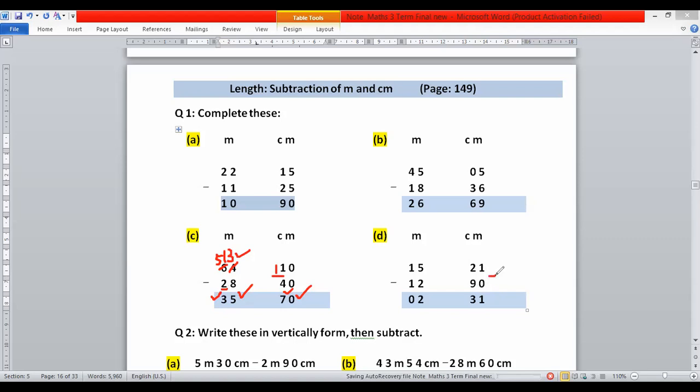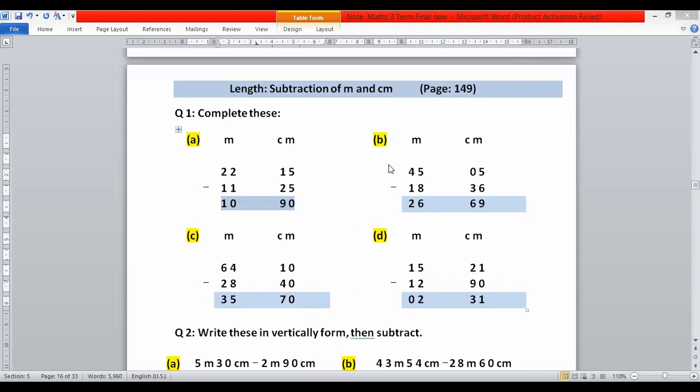Similarly here, 21 minus 90. First of all, you take 1 from here, and here you get 4, and here you get 121. Take 1 and put in front of the number. The number is 21. So now subtract 90 from 121. 1 minus 0, 1. And after that, you can subtract 9 from 12. 12 minus 9, that is equal to 3. And then subtract 2 from 4. 4 minus 2, 2. And 1 minus 1, 0. At the end, you can write 0. No need to write 0. It's up to you.